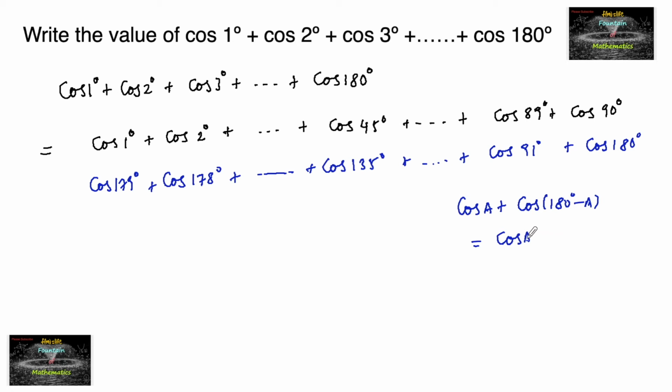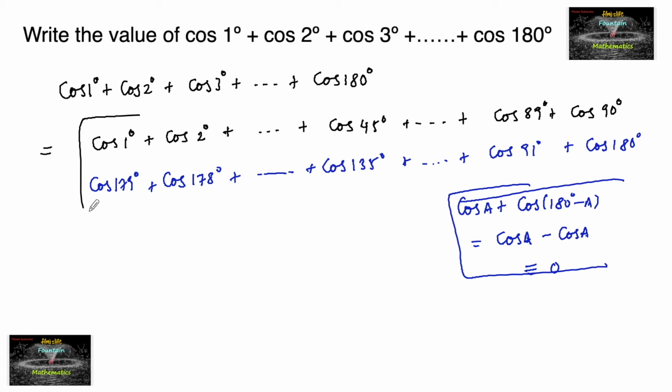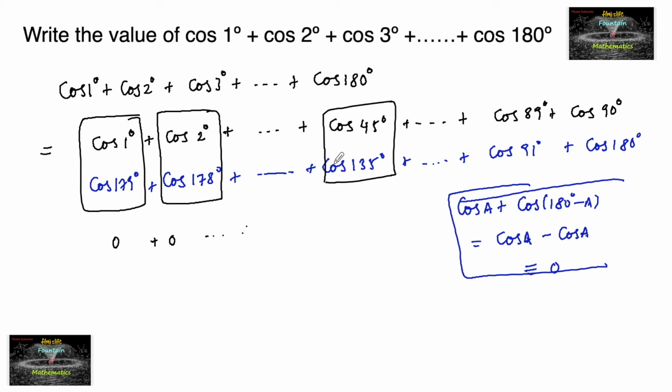The second quadrant we can say it's negative, so minus cos A, so we will get 0. So by using this concept, we can write here cos 1 plus cos 179 becomes 0. Cos 2 degrees plus cos 178 degrees will become 0, and so on. Cos 45 degrees plus cos 135 degrees also will get 0, and cos 89 degrees plus cos 91 degrees will